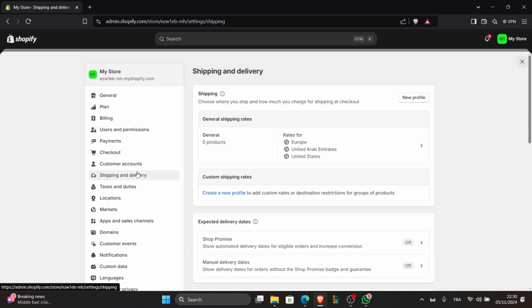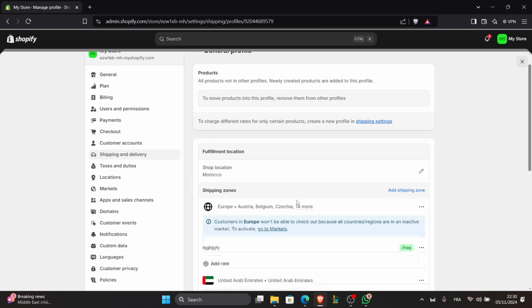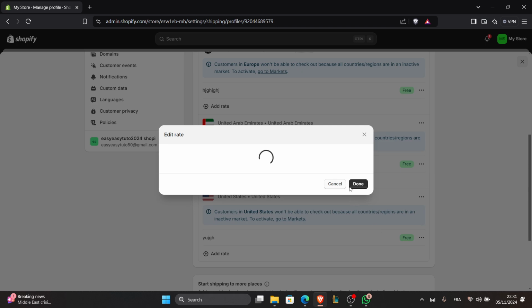Now in the shipping section, find the shipping profile you want to edit and click on manage rate next to that profile, or just click on this one right here, and your rates will be displayed here. As you can see them here, yes, this is the one. After you select a rate you can manage here, you can click on edit rates,